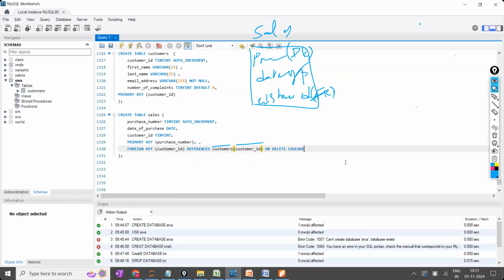It means in this table, if any record is deleted, all the related records of another table also have to be deleted. For example, my name is Shriram Krishna and I have an account in HDFC Bank. I ask my HDFC Bank team to delete my data, the data related to me, because I'm closing the account.